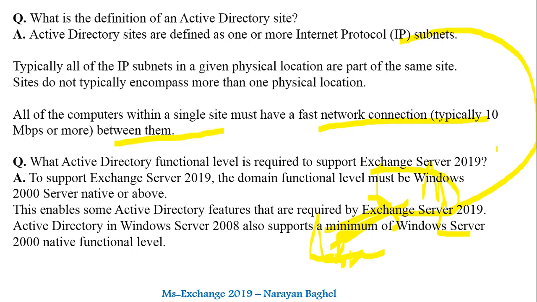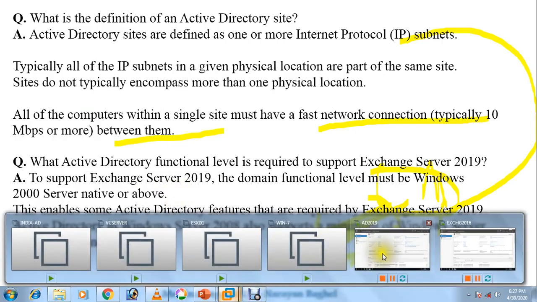And if you want to support Server 2019, then keep it higher. If you are using Server 2019, then that 16 will be available. That is the simple concept about it. So keep it as high as possible. For example, let me show you. If you go to Active Directory,